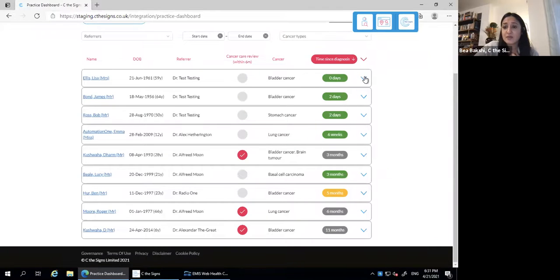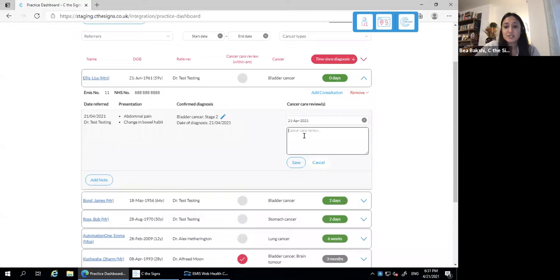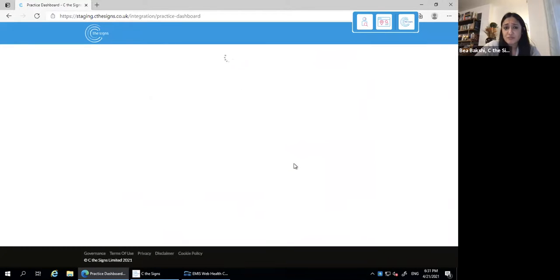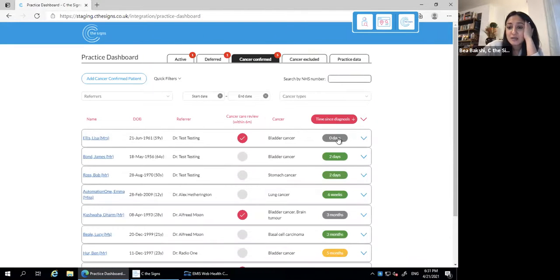Once a cancer care review is completed, I'm just going to drop down. Again, you can see there is a summary of the presentation, confirmation of diagnosis and date of diagnosis. If I was to add a cancer care review for this patient and click save, that will update the dashboard, but it will also update the patient's medical record and enter the cancer care review code to it. And you can see this has now gone grey, and this has been ticked, and this has gone down to